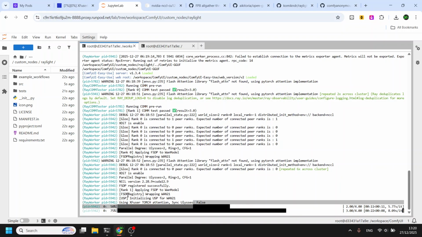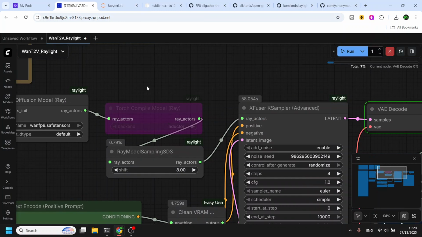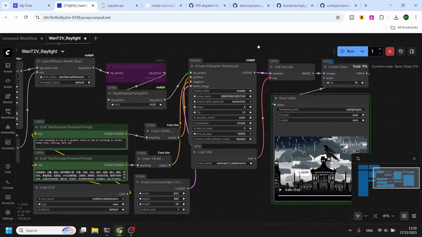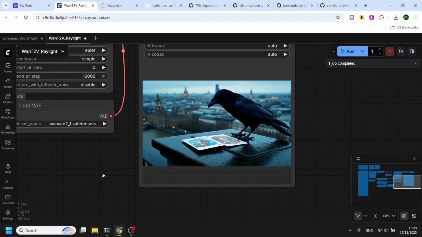It's running perfectly. By the same logic, I shouldn't have been getting that error because the RTX 2000 Ada is an SM90 device, so it should be supported, but since there is some issue, we are using NCCL 2.28.9 that fixes this problem. Let's see. Oh, see? Working perfectly fine.